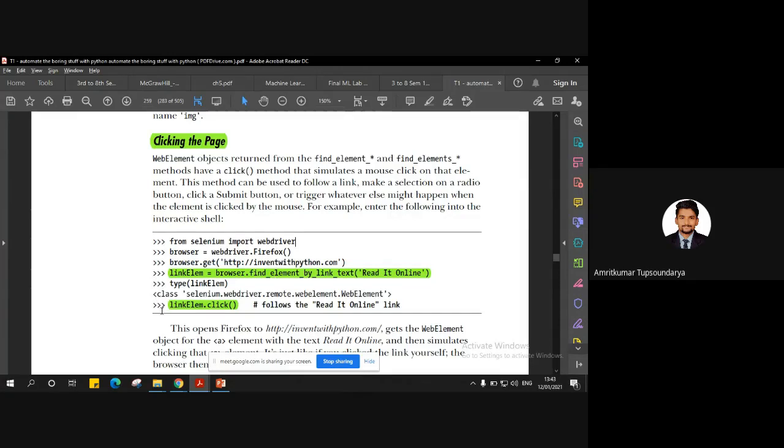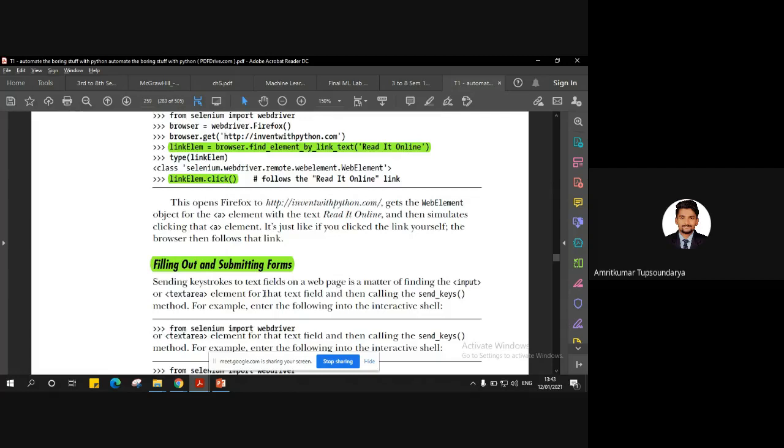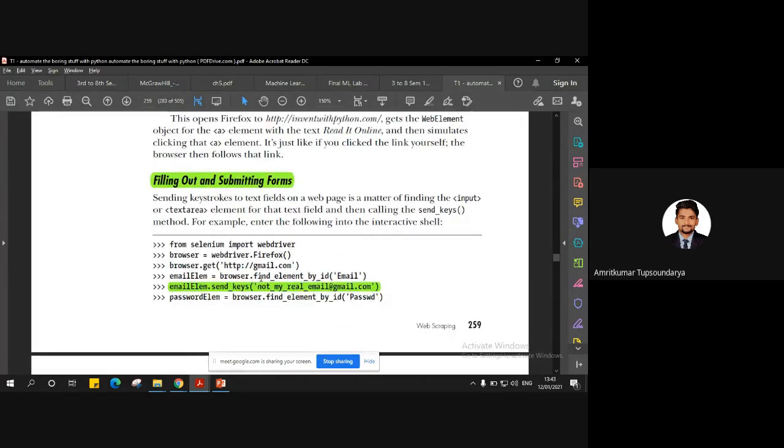Right? So now we have that element in the page which has to be clicked, or we can enable click there. So link element dot click is the instruction for that, right? So now once we have identified the element which has to be clicked on the page, that's one type of control.